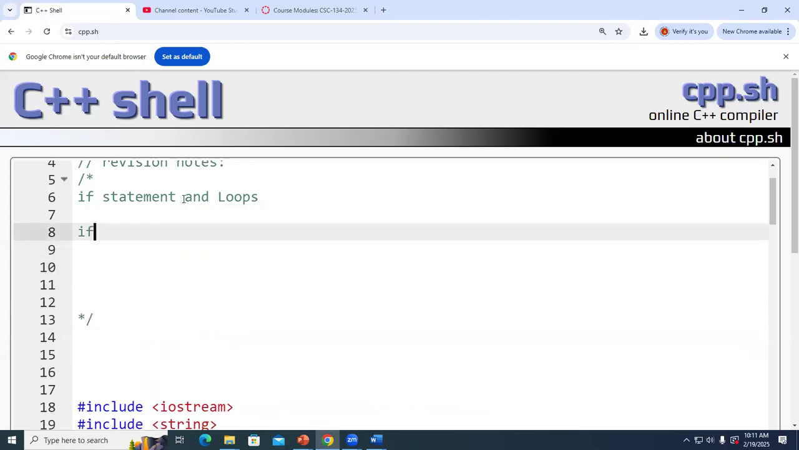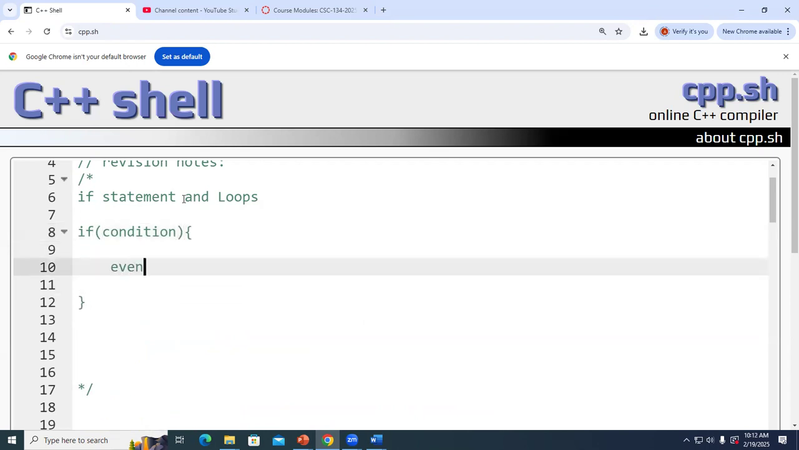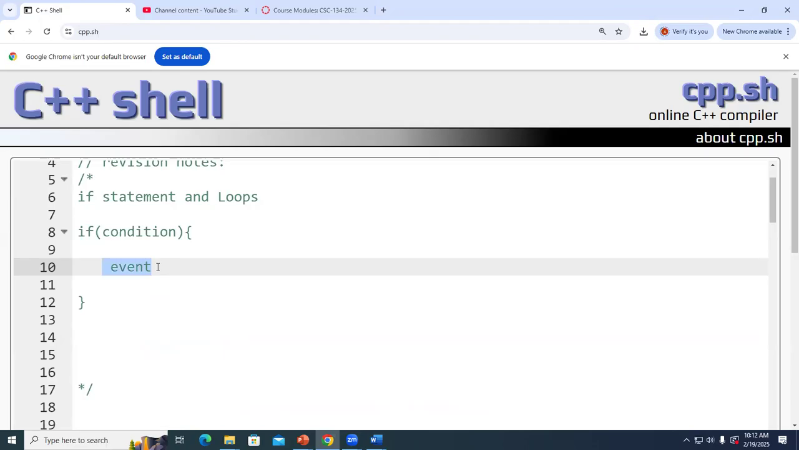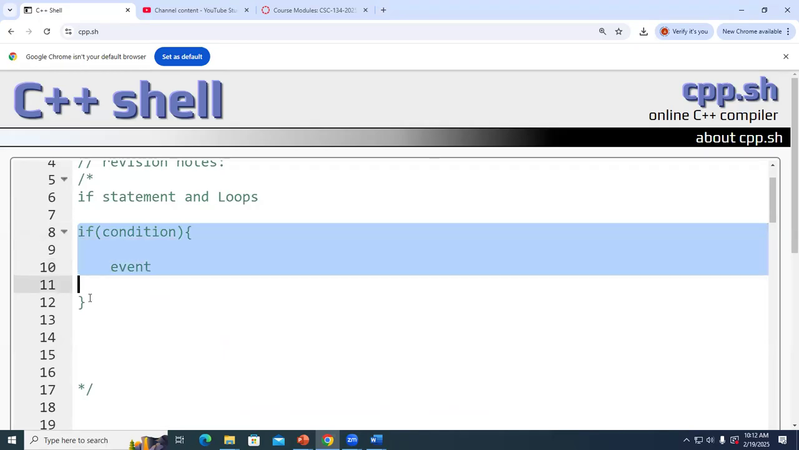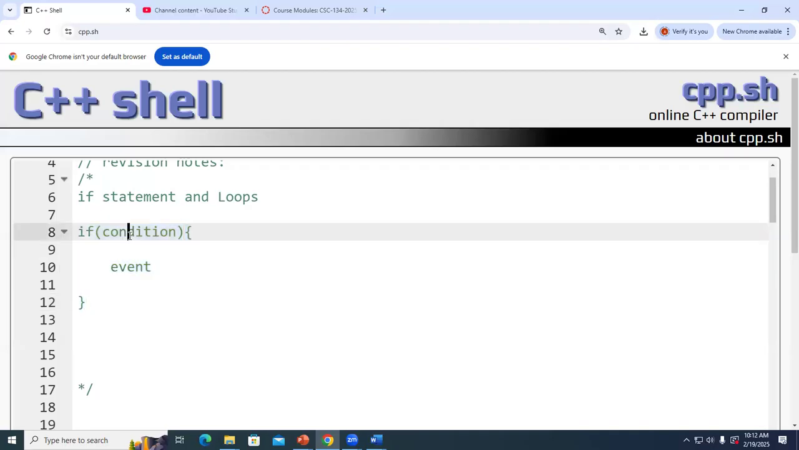You need an if, you need a condition, and then you need some event, right? This is the structure of an if statement. And when this condition is true, the event happens exactly one time. That's it, right? So an if statement fires, triggers, happens exactly one time. And that's good sometimes. That's all you need. However,